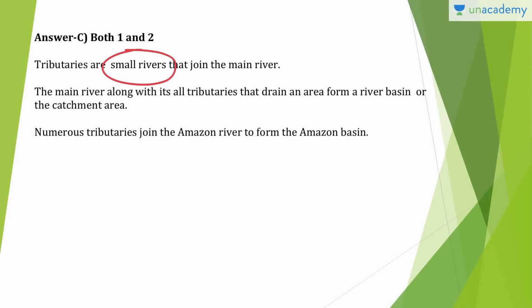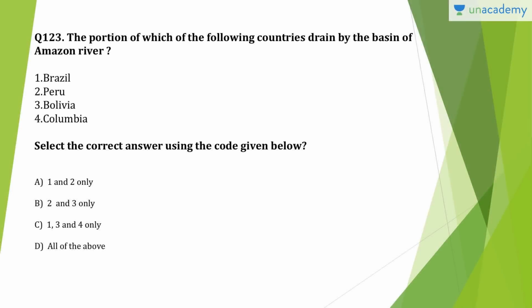So tributaries are small rivers that join the main river, and if tributaries are also big, then they have distributaries as well. The main river along with all its tributaries that drain an area form a river basin. It is also called the catchment area because it is catching the water from there. Numerous tributaries join the Amazon river to form the Amazon basin, and there you have the Amazonian rainforest, and they are great, they are epic. Okay, question number